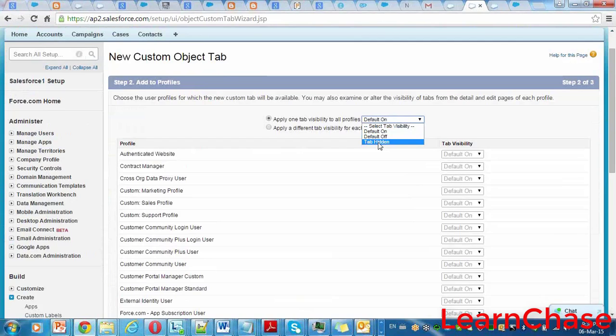Now I'm giving this default on for only particular users. Default off, and then selecting system administrator.